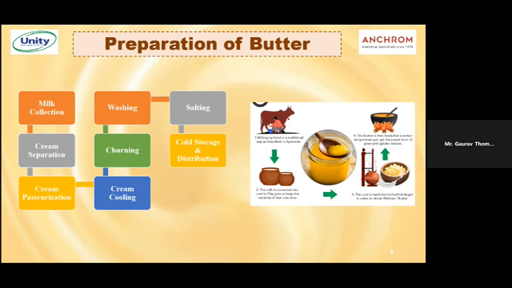Okay, so in that factory, this milk is agitated to get its cream separated from it. This cream is the portion of the milk that we are interested in, and through this cream we will be preparing our butter. The cream gets separated from the milk, and after separation of the cream, the leftover liquid is drained out. The cream that was separated from the milk, so as to eliminate the bacteria and other microbial